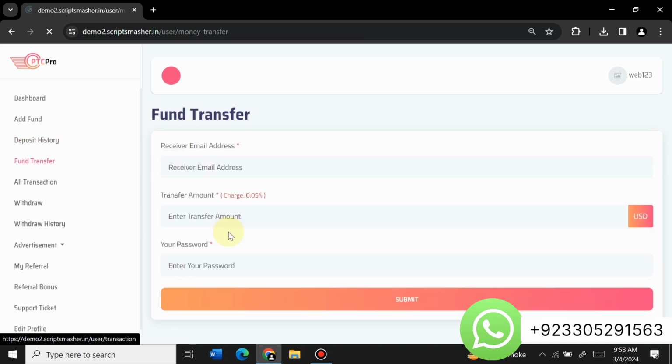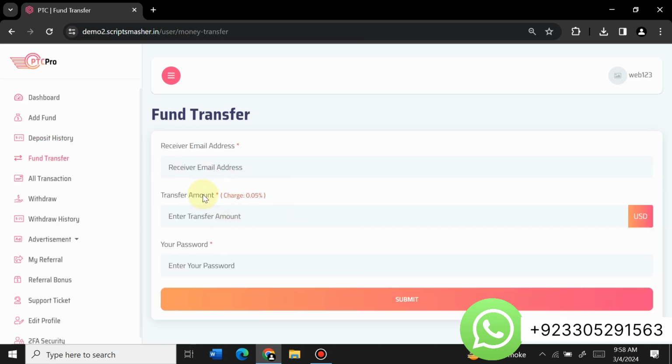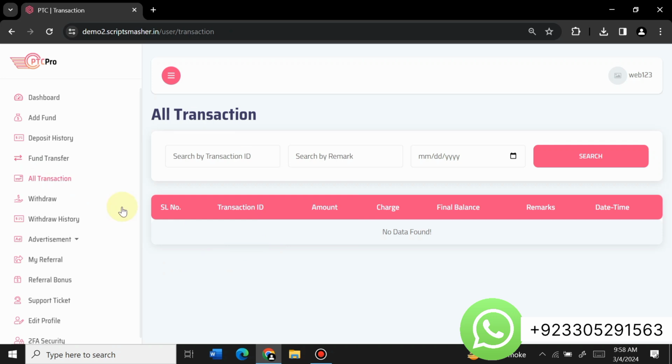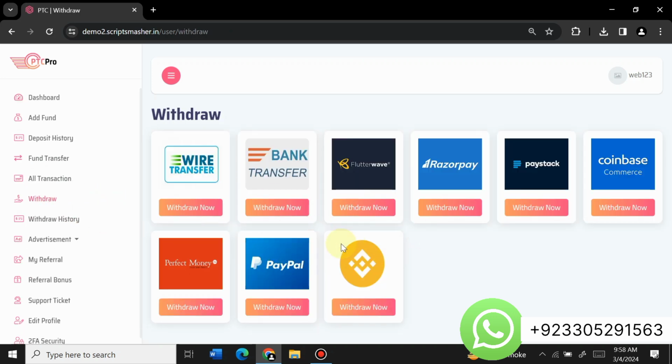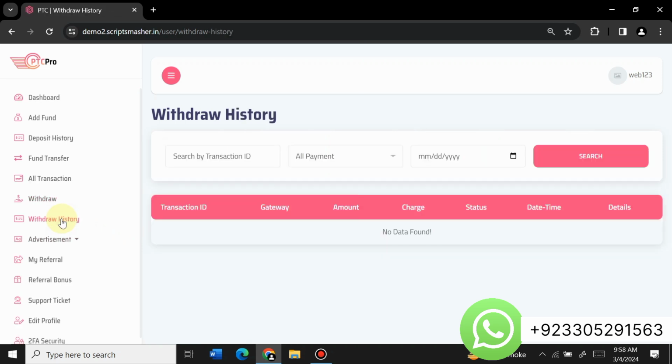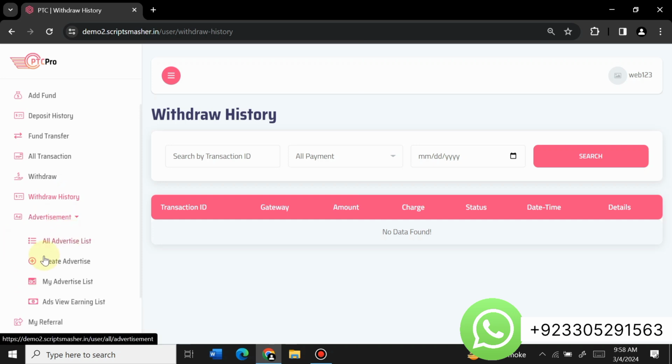Here you can see your deposit add fund history, so you will see all your history. Here you can see your fund transfer, so you can transfer your funds from one account to another on the same website. Here you can see all your transactions on the website. So viewers, here is a withdraw section, so you can withdraw your earnings from this website from here. Here is a withdraw history section, so the user can see their withdraw history here,